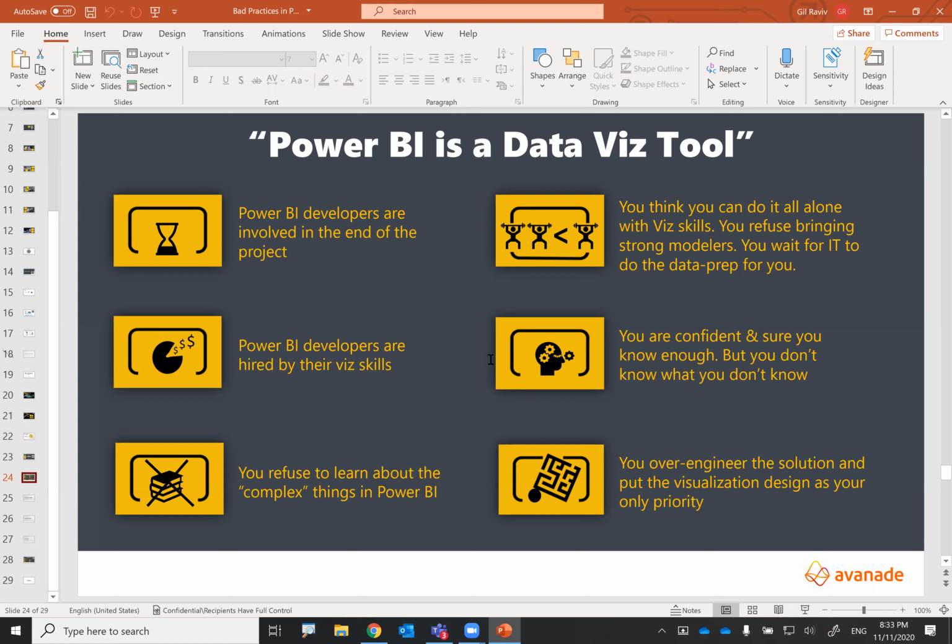You connect using Power Query to the raw data, no matter which legacy system is hosting this data. You bring the data into the model, you build an amazing model, and you publish the dashboards in Power BI and the visualizations. You can turn the project around in a way where, instead of the data modelers, the data ETL teams, and many other engineers working many months before you start a project,